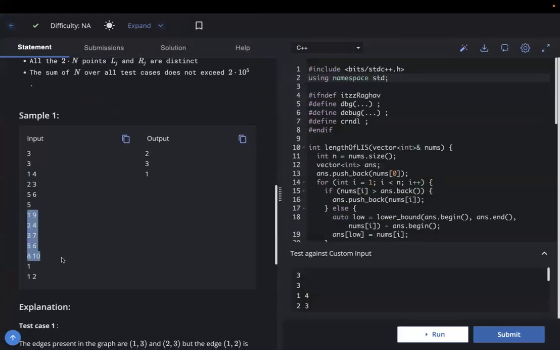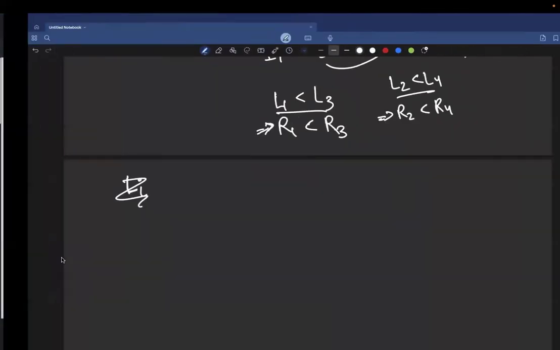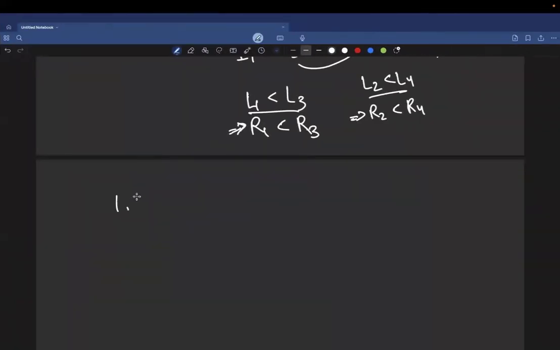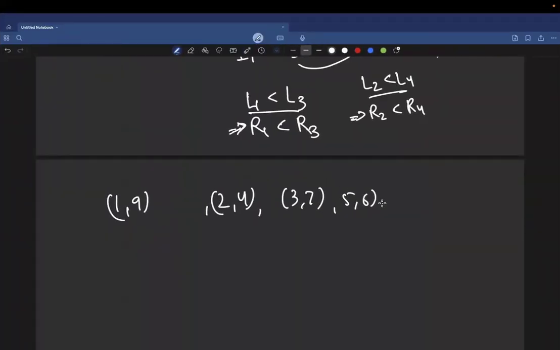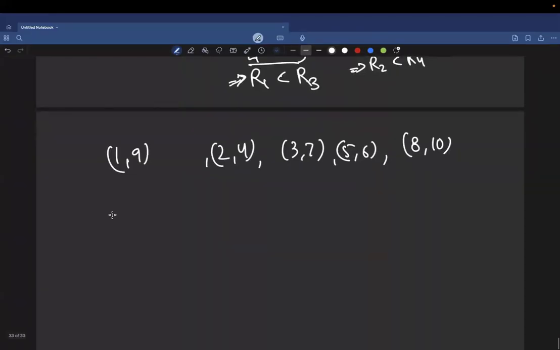We have these inputs 1 9, 2 4, 3 7, 5 6, and 8 10. And if I just sort them on the basis of their L values, currently they are already sorted, then I know that since all these L are already unique,